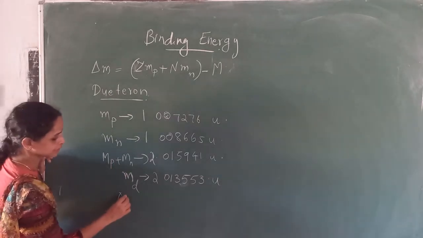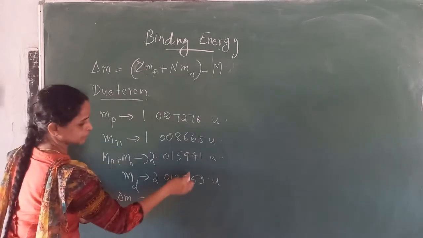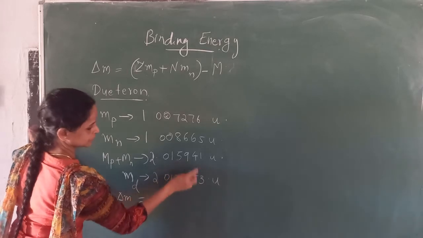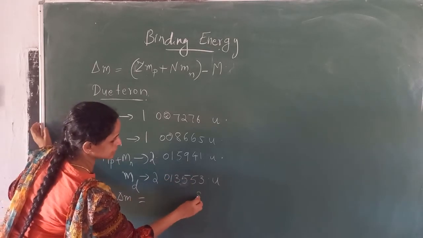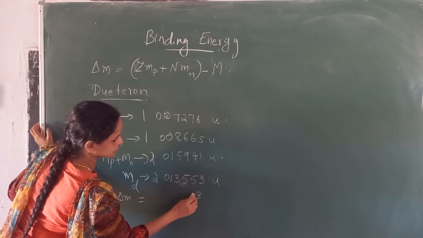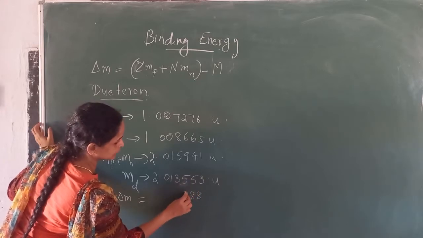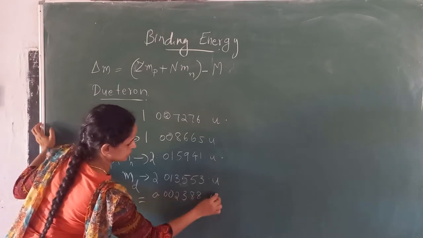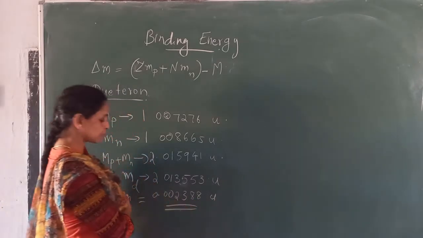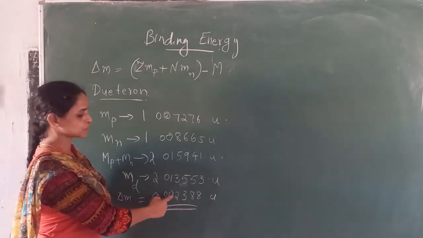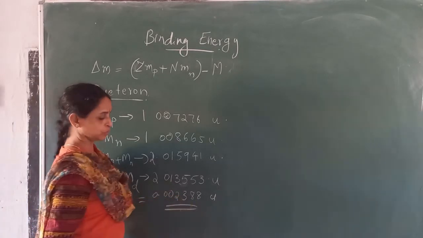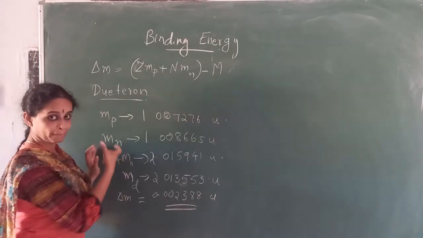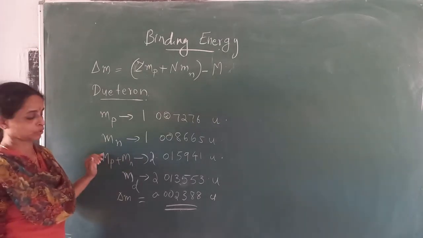So delta M is given by subtracting these two. So there is a mass defect of 0.002388 unit. When this proton and neutron combine to form a deuteron,